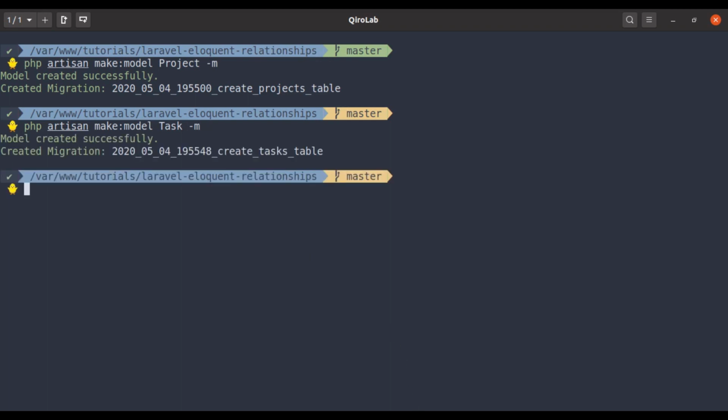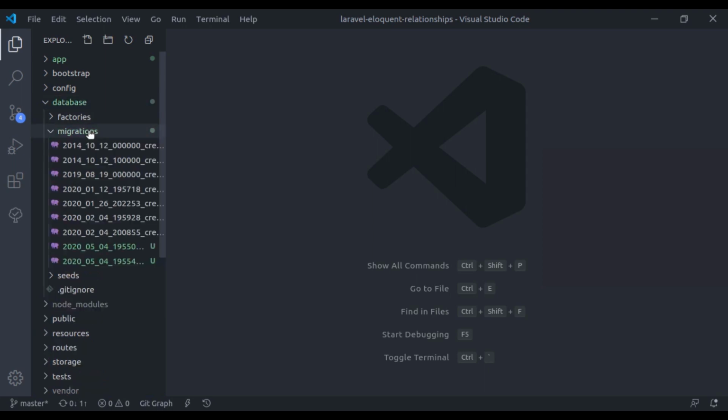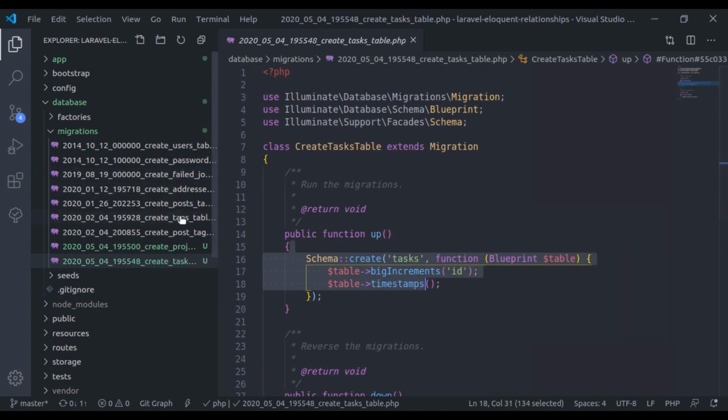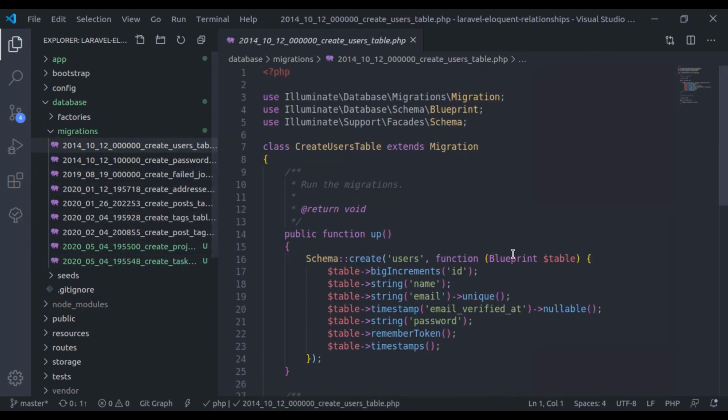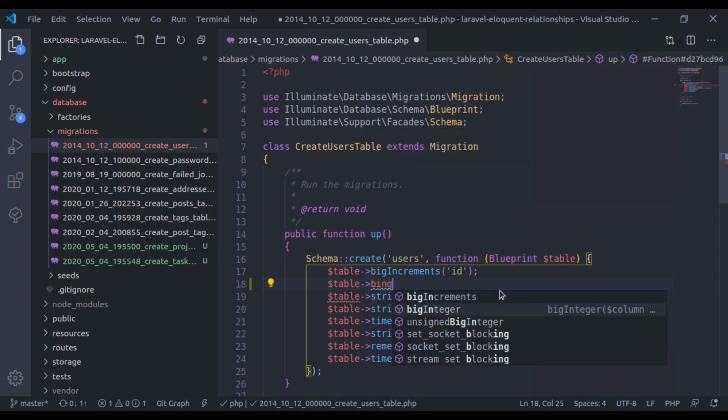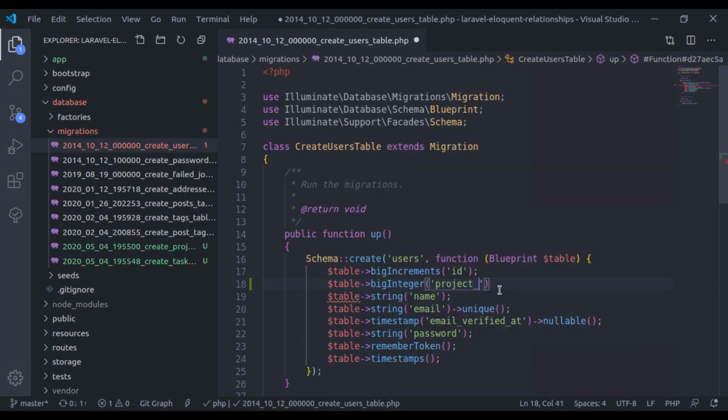Now in the editor, in the database migrations, here is the project migration and here is the task migration, and in the user table I'll add $table->bigInteger project_id.